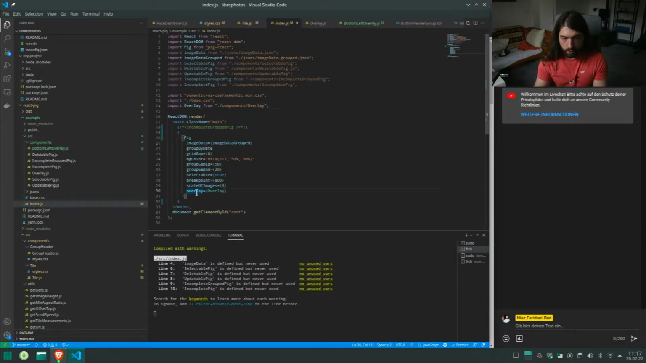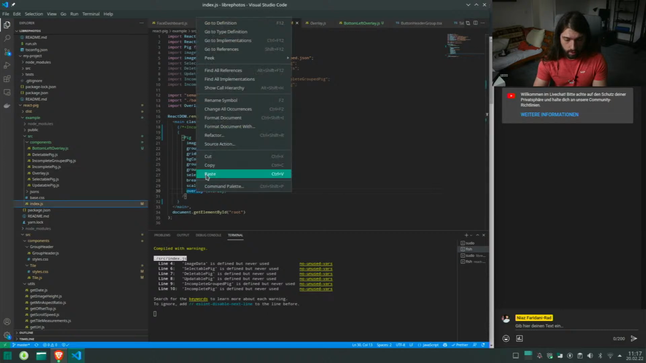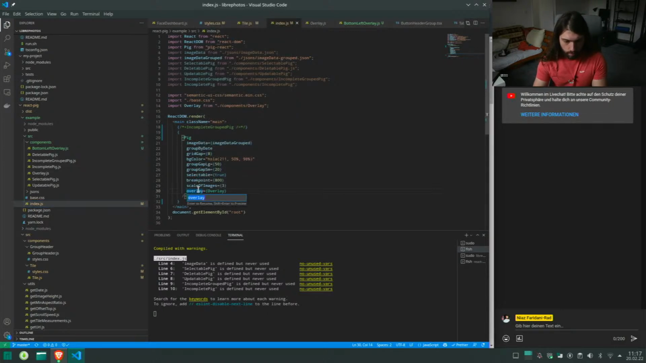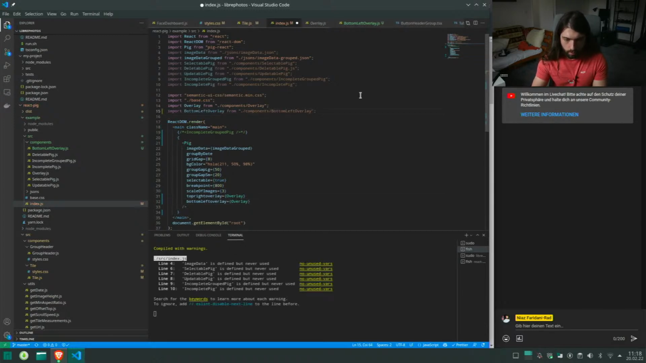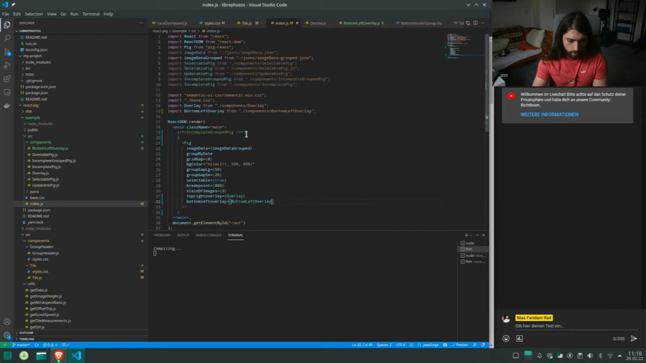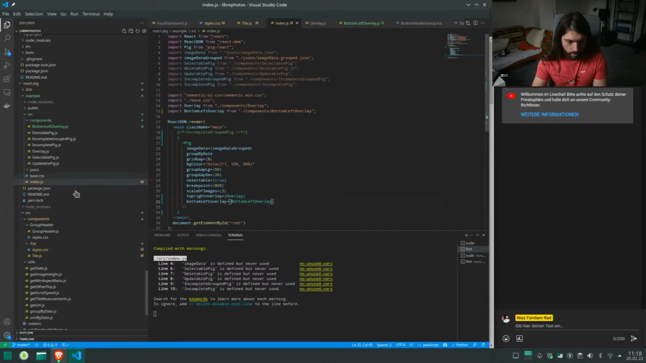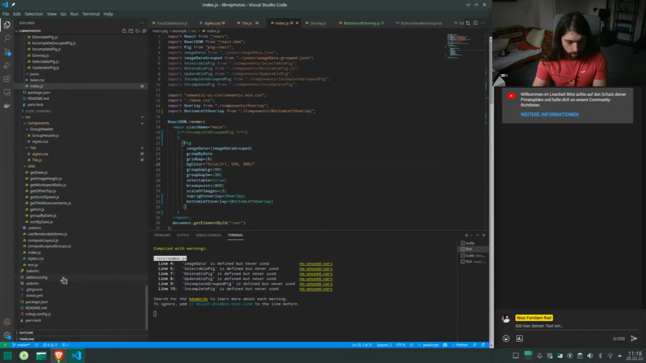So now we have to rename both things. So that's top right overlay, and then we have bottom left overlay, and then we also import that. Yep, very cool. And that is right. So let's go to image data soon, but for now we will just go to